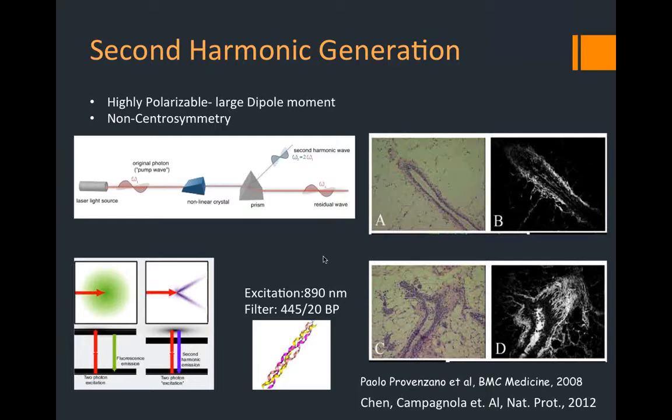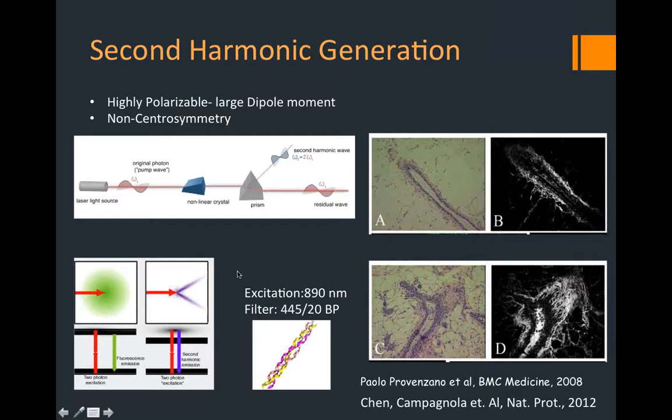Lucky for us, collagen in its macrostructure and fiber has these two characteristics of being highly polarizable and non-centrosymmetric. So we can actually generate images of collagen fibers non-invasively without any labels or dyes